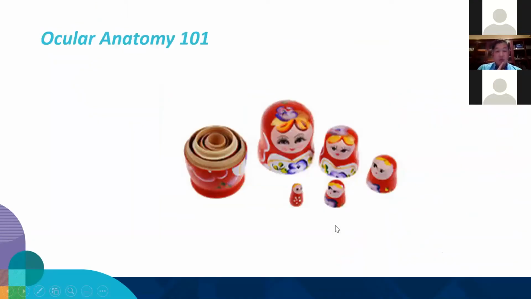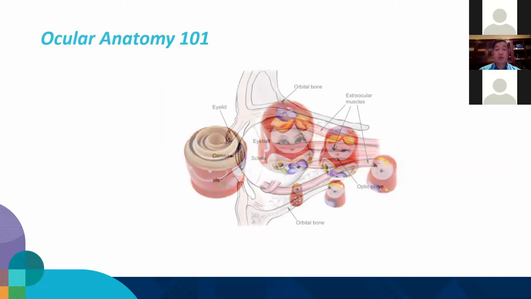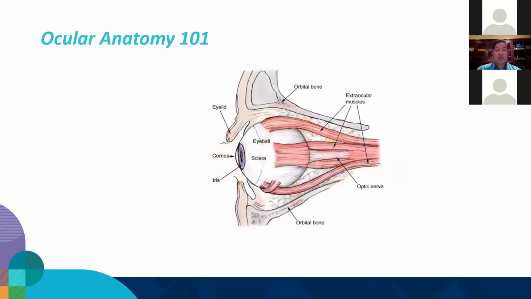So when we talk about eye conditions, I think it's best that we first of all renew the ocular anatomy. I know it's been a long time for some of you, and I'll try and make it nice, simple and easy for you. So the eye is pretty much like this babushka doll. If you take a cross section there, you basically want to start anterior and work your way posterior, anatomical wise.